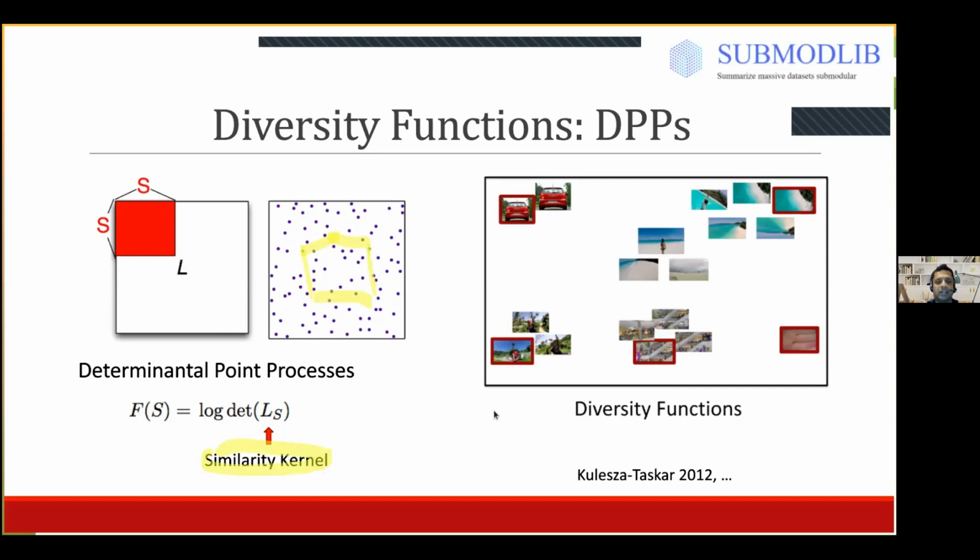There are, of course, other diversity functions as well. You would not expect all diversity functions to be monotone in general, because as you keep adding points, you would not necessarily expect the function itself to increase. But several of them are submodular or exhibit submodularity-like properties. So the idea here is picking items as different as possible, and you notice that in this process the outlier has been picked, which was left out when we considered the facility location or the